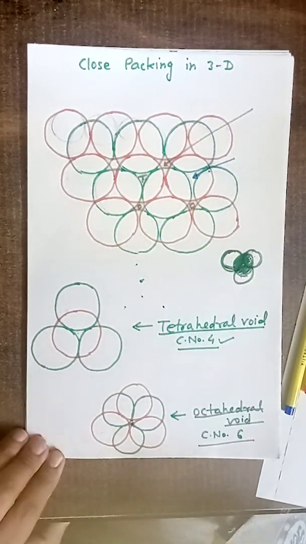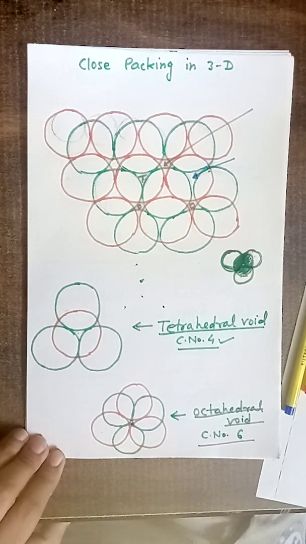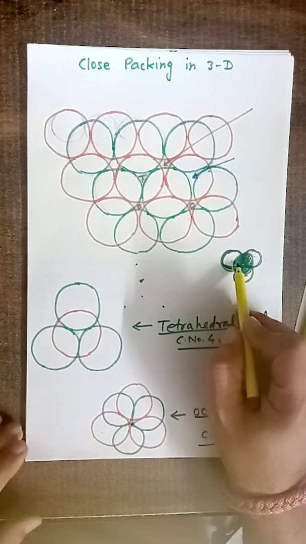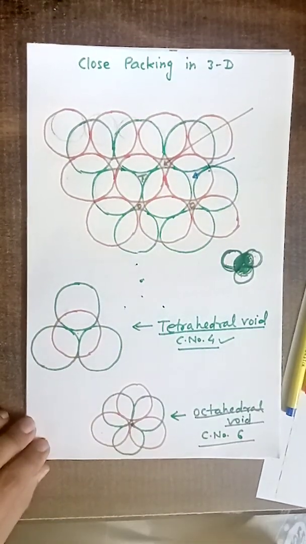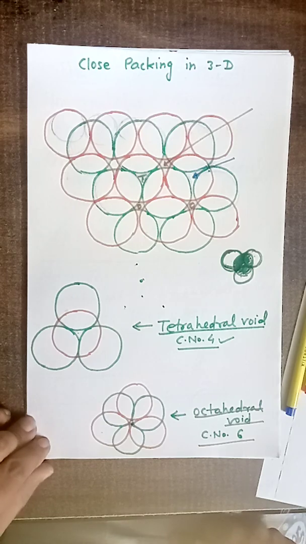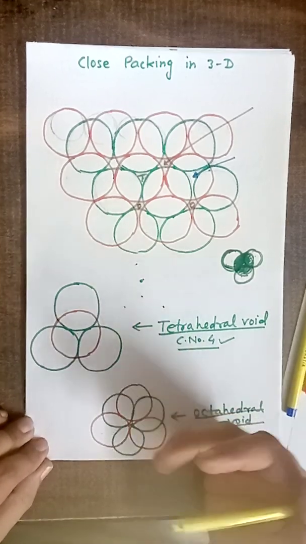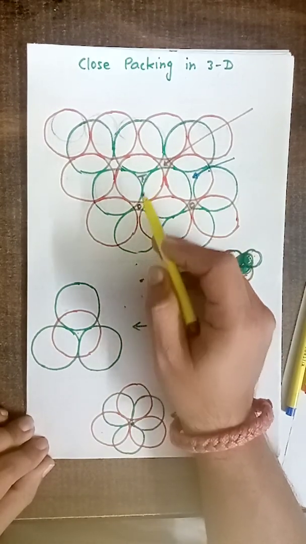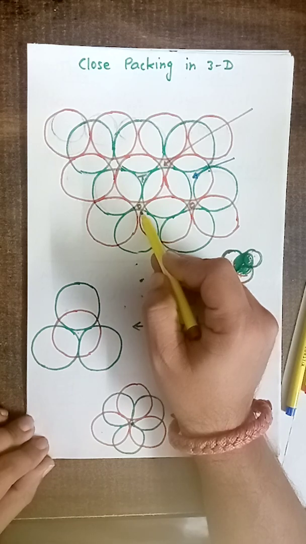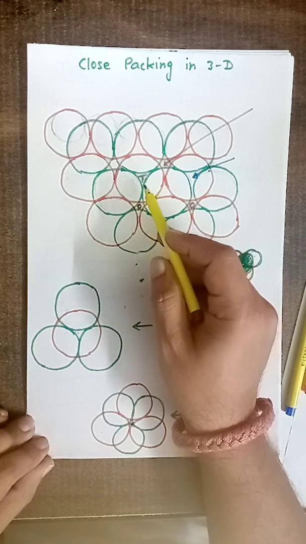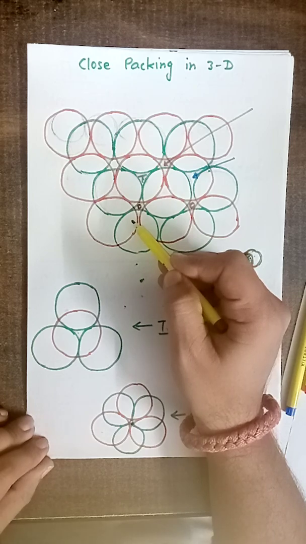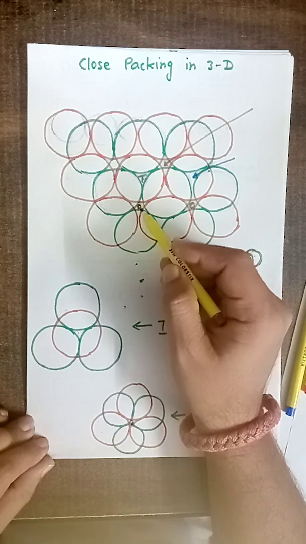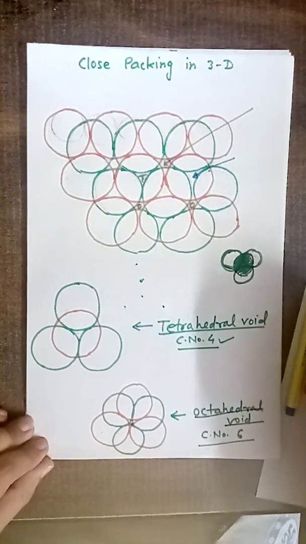Interestingly, now when the third layer appears over the second layer, once again, like we have discussed, the particles of the next layer should occupy voids. So particles of the third layer should also occupy voids, but once again it will have 2 options. The third layer particles can occupy tetrahedral voids, as well as octahedral voids. And in this way we will have 2 different types of packing after formation of the 3D structure. The first possibility, look here, is if particles occupy tetrahedral voids.